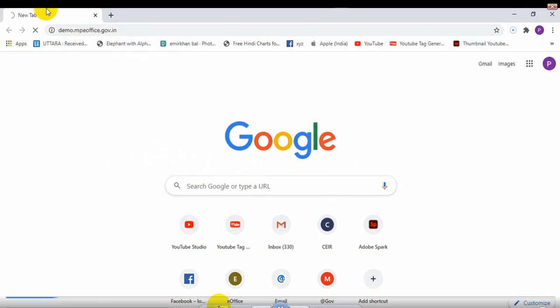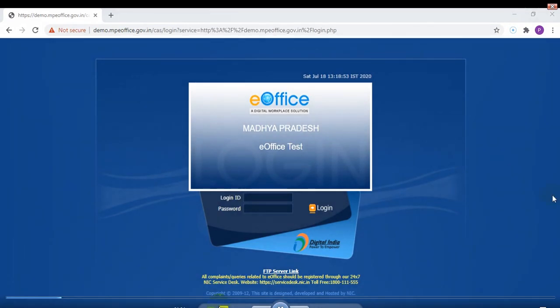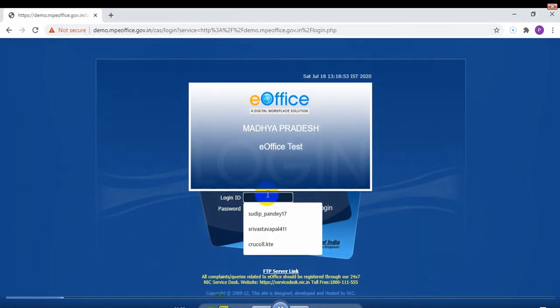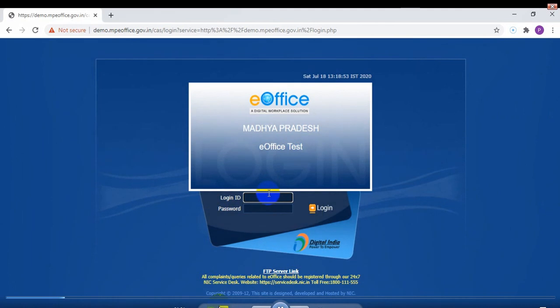Let the login screen come. Let it get opened. This is our login screen. It is a test or demo version. I'm taking two users for this demo to understand the flow. If there are two officials A and B, whatever their designation or role, and A is sending to B, then A has the option to pull back the file. It is not that only a particular role of official can pull back a file which is sent.